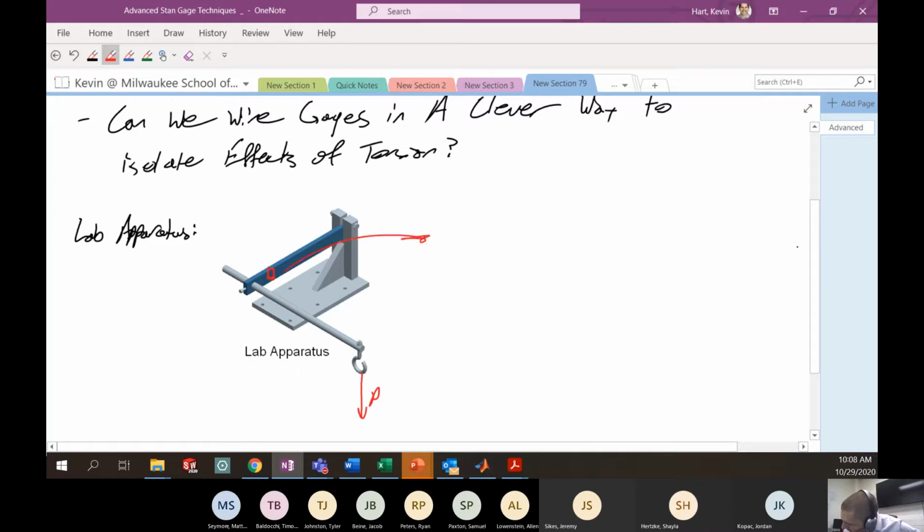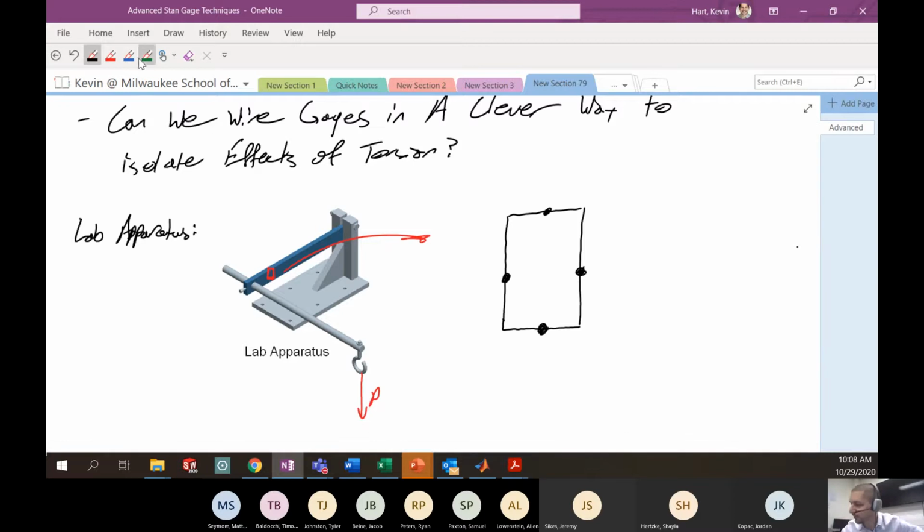So let's blow this cross section up. If you looked at the points of interest that we care about in this lab, which are the middle of the long side of the bar and the middle of the short side of the bar,